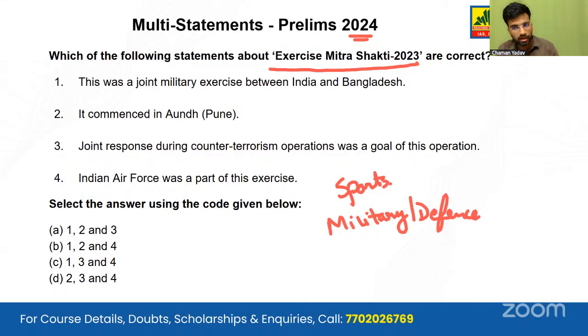The question might look very big, but it is very easy. We have to just know the point that this was a joint military exercise between India and Sri Lanka. Just knowing this point, we can easily eliminate the first 3 options and arrive at the answer. These questions might look intimidating, but they are the easiest to solve. In the successive slides, we'll discuss the amount of easy, moderate, and difficult questions UPSC asks. This is an example of an easier question.